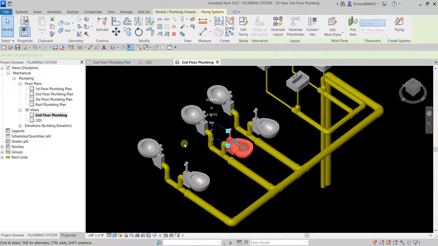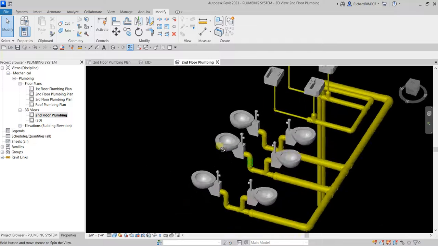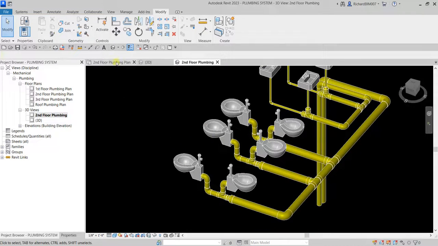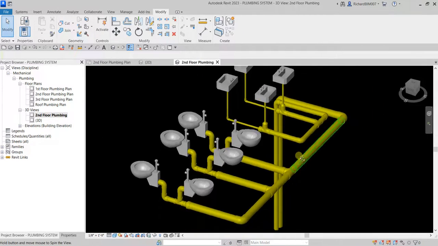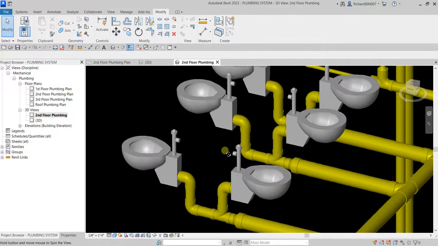I can do that here in the 3D view, but of course you can also go to your floor plan again. So you can create from here, or you can also create some sections if you want. But let me show it to you in the 3D view. So let's go back. Second floor plumbing. Okay, so what I'm going to do here is